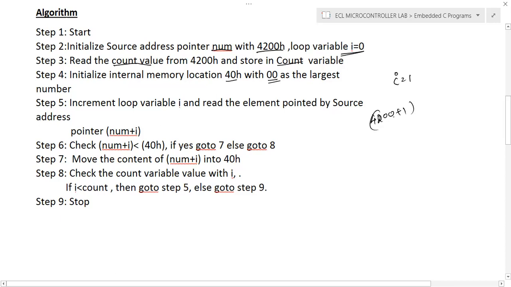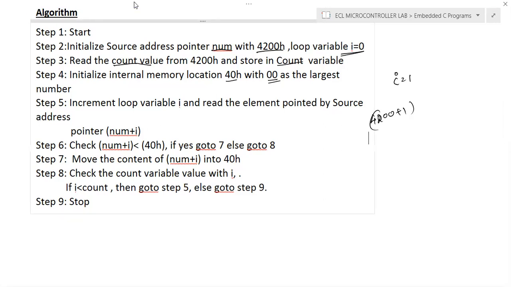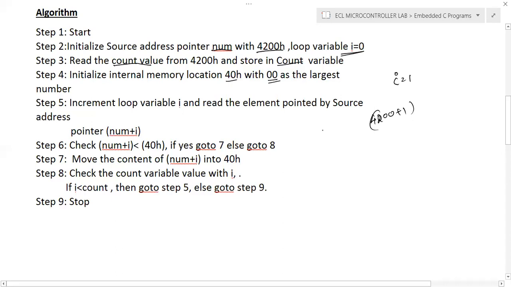The content of 4201 is compared with 40H. We require a slight modification here: the condition is actually greater than. So in order to find the largest number, the content of num plus i will be checked against the content of 40H, and if the external memory location content is higher than the content of 40H,